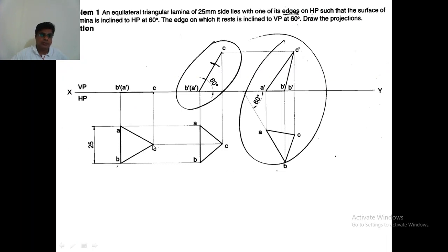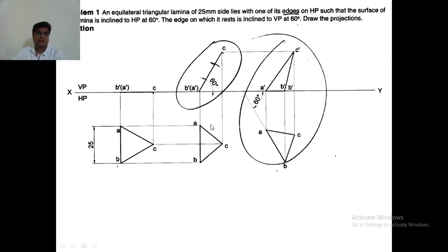Similarly, the top view, the triangle, is thick and dark. You can see here the front view is thick and dark, the top view is thick and dark. Again, front view is thick and dark, top view is thick and dark. So that should be drawn using your 2B pencil. This you have to keep in mind and follow for all the problems.